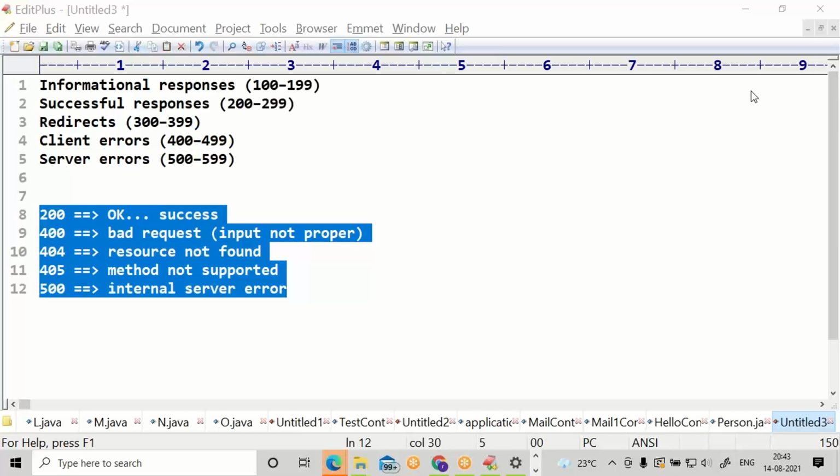These are very important for the interviews. This is about request methods, status codes, error codes.